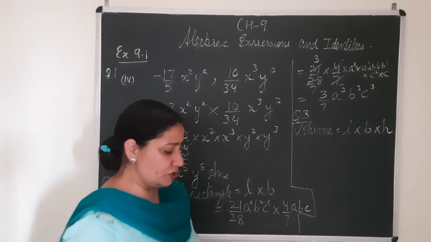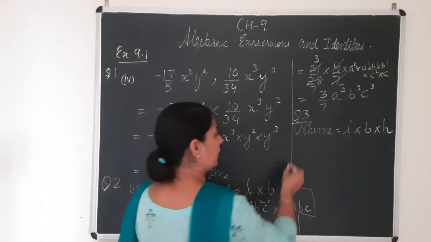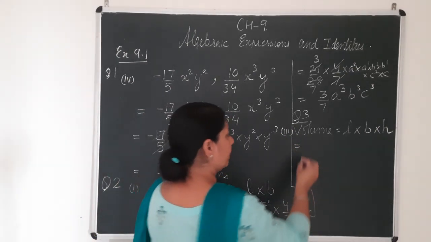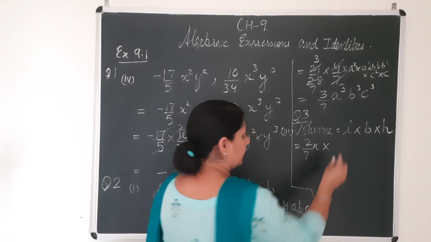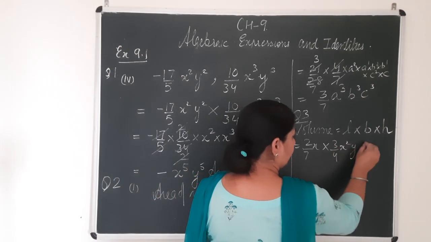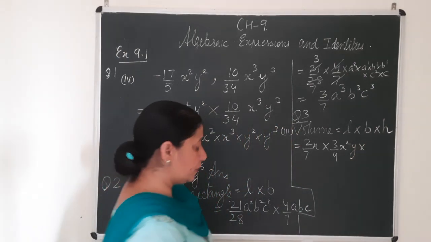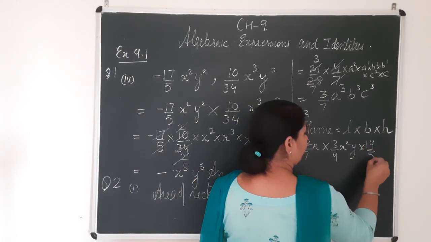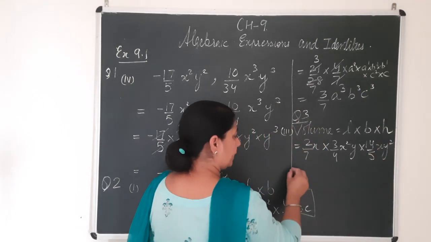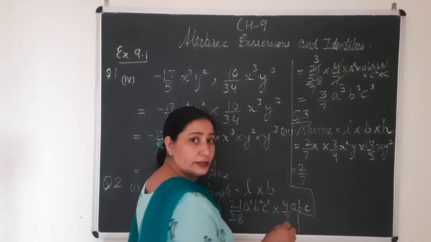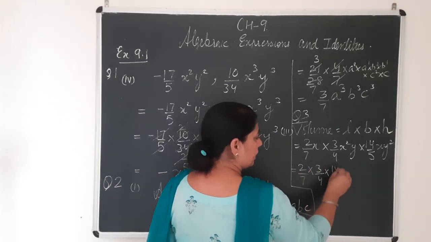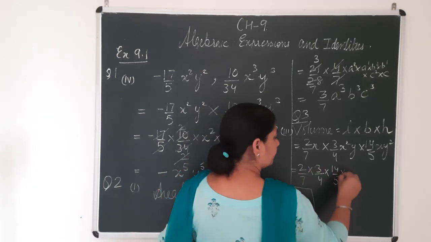So there are 3 expressions given to you. Let me take again the third part here. In the third part of this question, in place of length, it's given 2 by 7x, multiplied by the second expression, 3 by 4 x square y, that is given in place of breadth, and the third expression is 14 upon 5 x y square, given in place of height. So beta, start doing it like you've done: 2 by 7 multiplied by 3 by 4 multiplied by 14 by 5. All the numbers together multiplied by x.